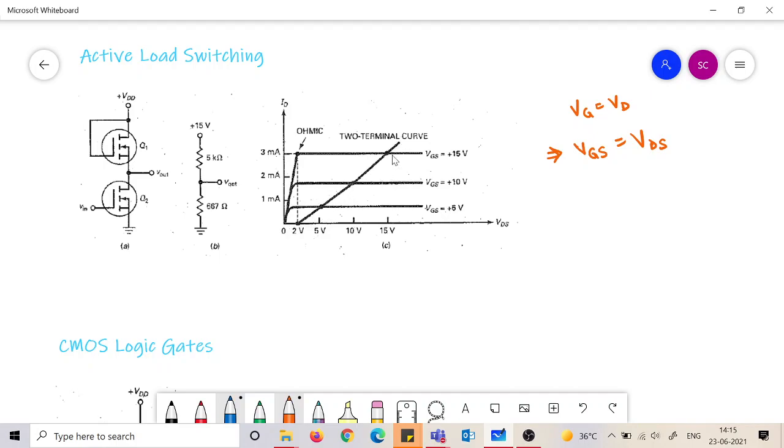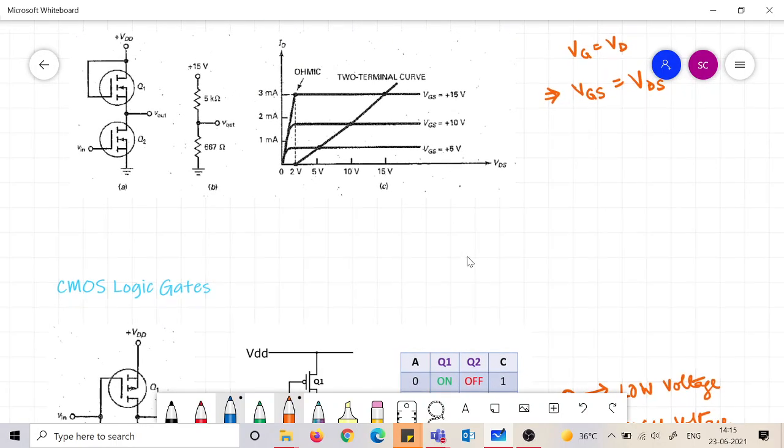So you will see that it will come to be almost a straight line, and the slope of this line is giving the resistance offered by this Q1 transistor. So this slope is giving the resistance offered by this transistor Q1. So we understood this, and